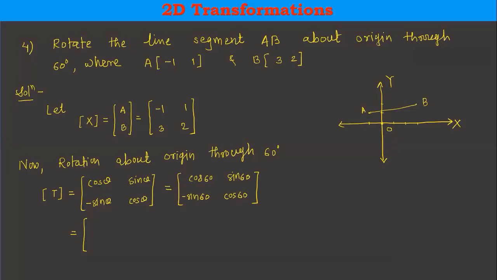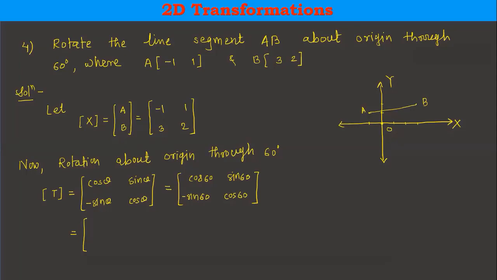How to convert it into degree mode if it is not? You have a mode button in your calculator. Just press that mode option 2 to 3 times. You will get the option degree, DEG. The second option is RAD, that is radian, and the third option is gradient. We want degree measure, so for degree, option number 1 is given there. Just press 1, and the calculator is converted into degree mode.